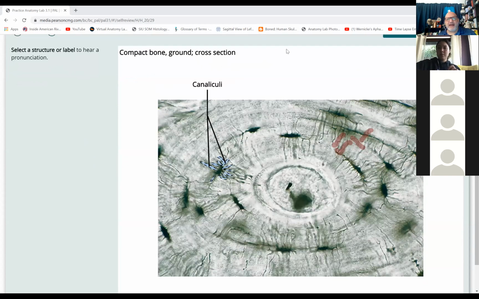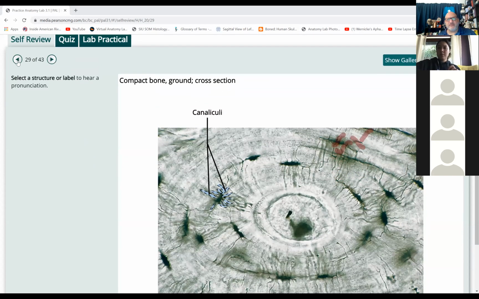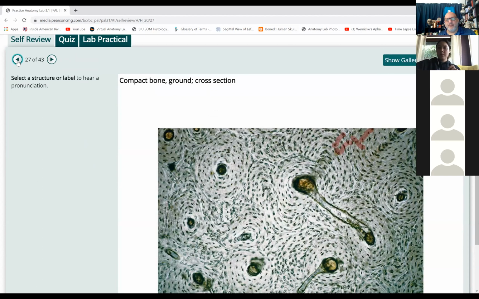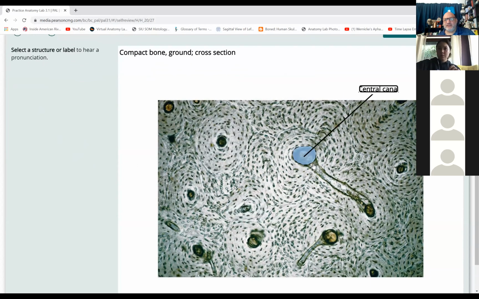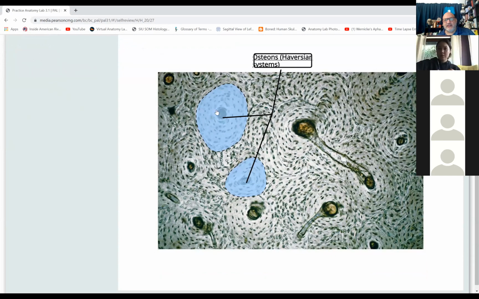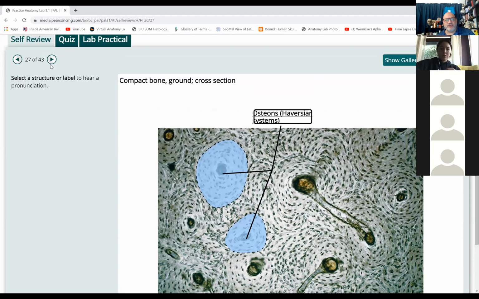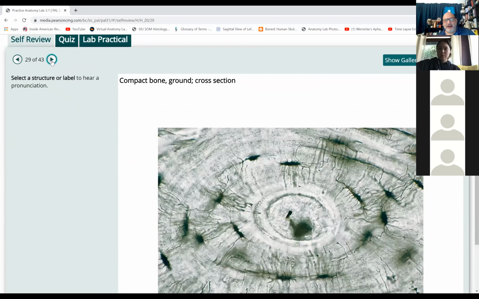Whereas if we go back to the lower magnification, right here at a lower magnification, we can see, for instance, the perforating canal really nicely. But can we see the canaliculi on this particular magnification? No. So that's the advantage: at a low magnification, there are some things that are going to show up a little bit better, and at a higher magnification, there are some other things that are going to show up a